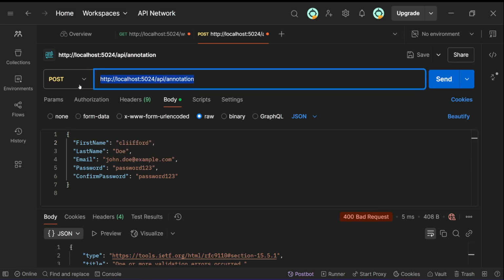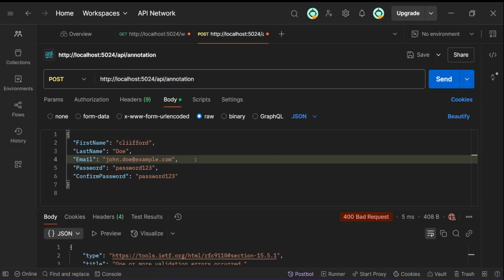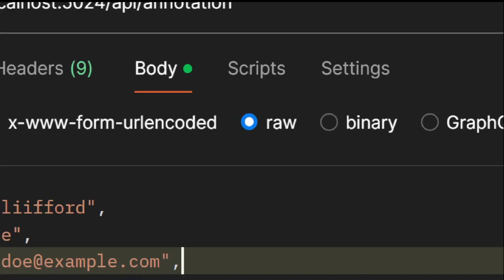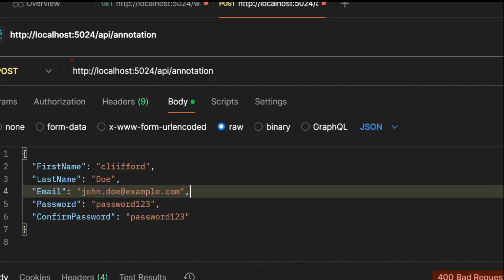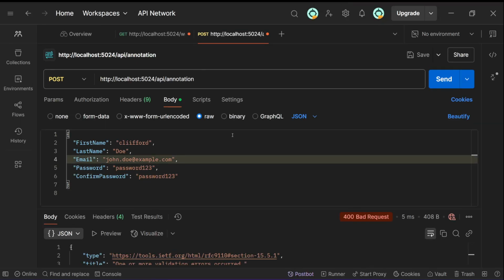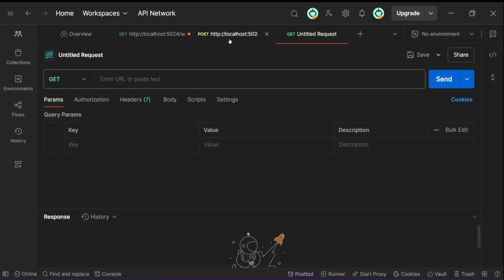So we can see the endpoint right here is annotation. When you check this, you can see it has annotation, right? So you can see we have annotation in there. Okay, so what we are going to do now is create a new endpoint, and then